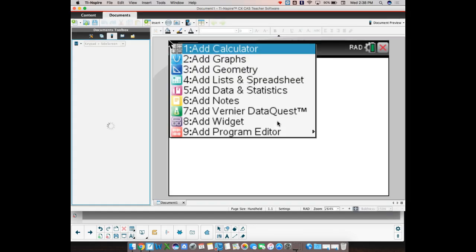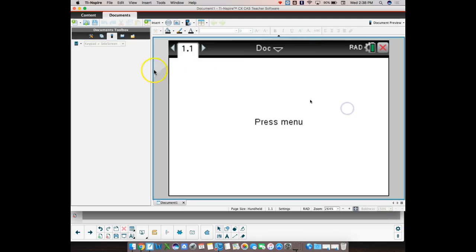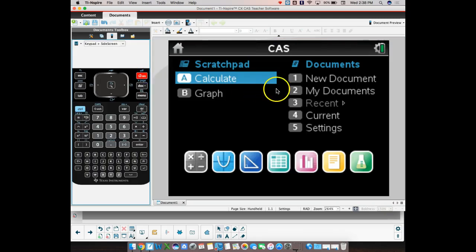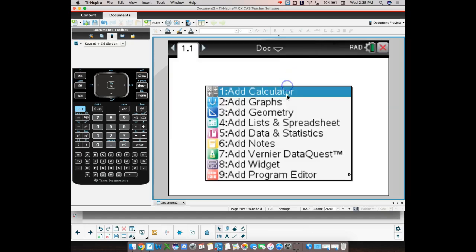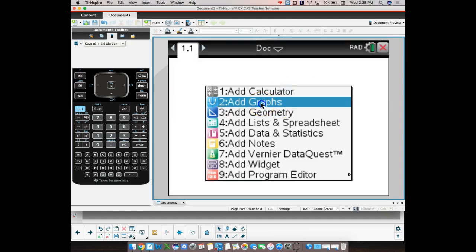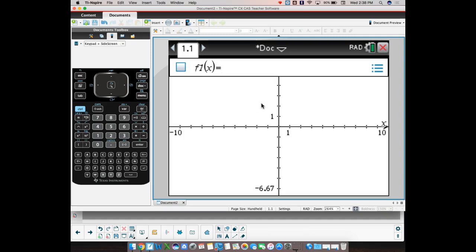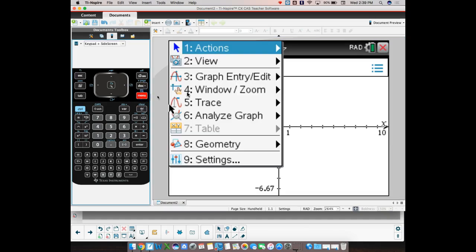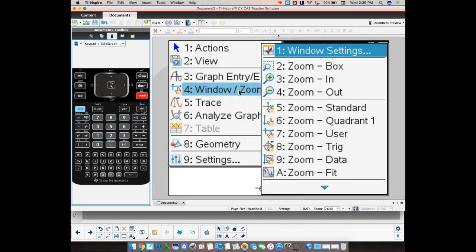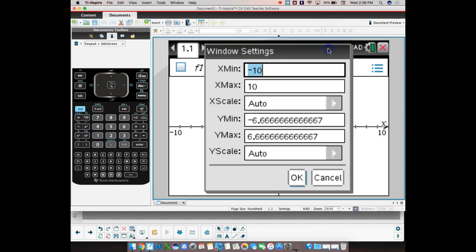So we start by double tapping the on button, new document, add a graph, and it's going to look like that. Then we go into menu, window and zoom, window settings, and here we're going to go 0, 2 pi,